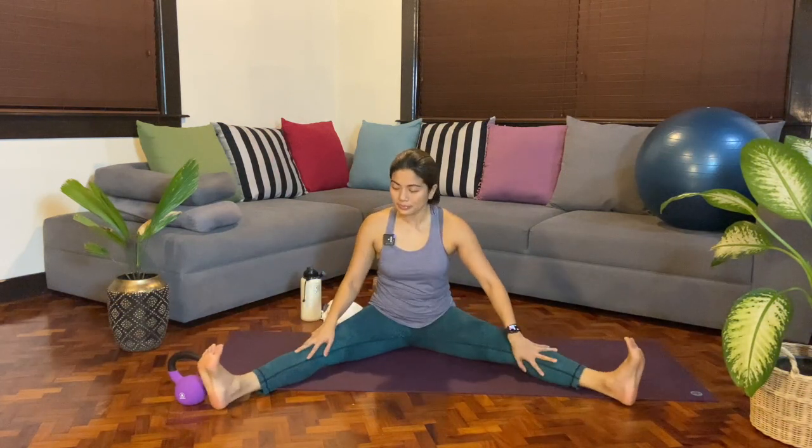Okay. From here, we'll bring the legs in front and then you'll open out wide. So I'll just switch angle so you can see. So from here, we'll bring the legs out wide. And we'll start on the right side. You'll bend your right knee. Okay. And then find that effort of pressing that right knee down to the mat